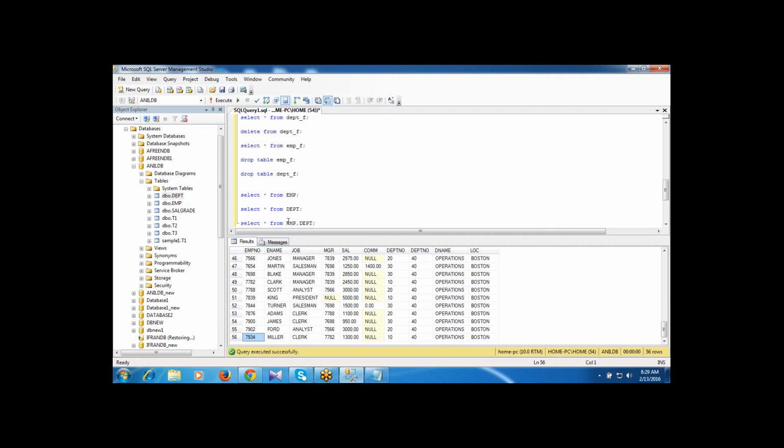If I have 10 rows in the EMP table and 3 rows in the DEPT table, 10 into 3, we get 30 rows. Just multiplication.